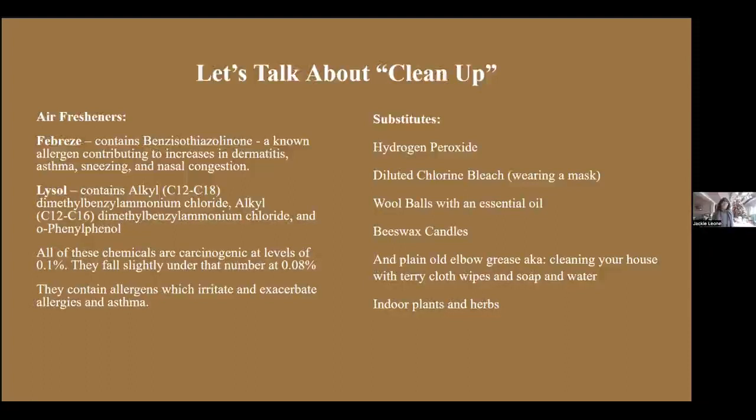So you say, wow, chlorine bleach, that's really bad. But if you dilute it and you wear a mask, you should be okay. But I would use that as a last resort. It's a heck of a lot better than the other things. Hydrogen peroxide works, and when we're talking about antiseptics, alcohol. But when it comes to air fresheners, because I know I have the substitutes there, next month for coziness,